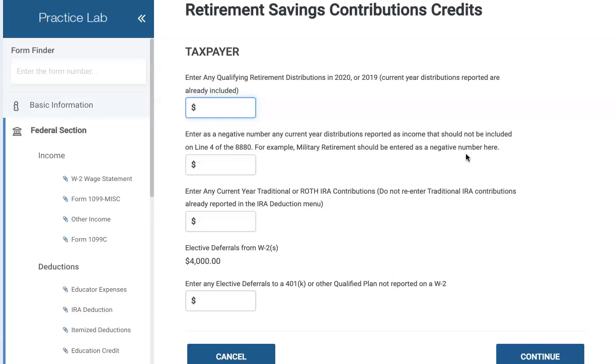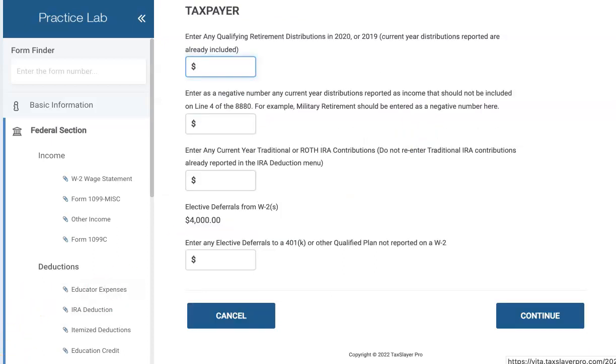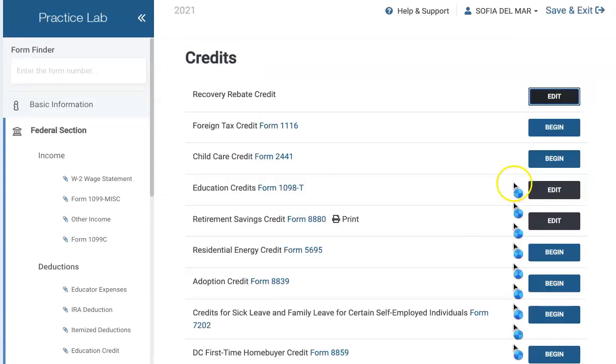So Sophia, and you should ask, presumably doesn't have any distributions in 2020 or 2019. And of course, we know there are no retirement distributions, retirement income in 2021. TaxSlayer knows about the traditional IRA contributions that were already entered, $500, so they do not get reported here again. So we click on continue when you're done, and because you have the option of printing this